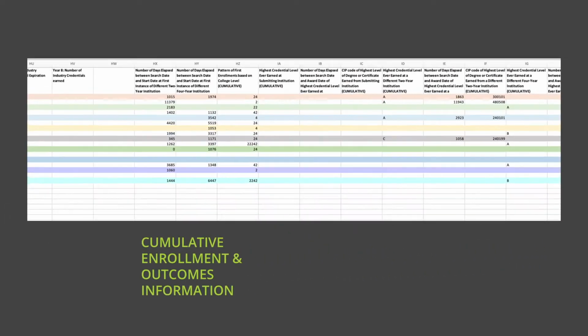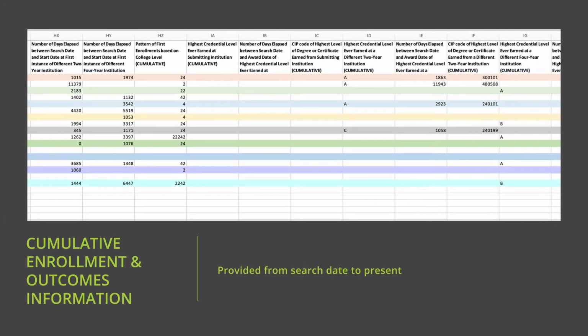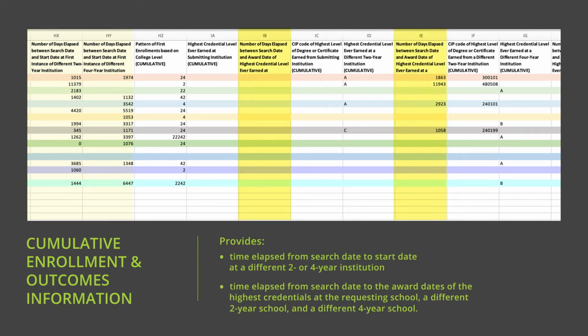Cumulative enrollment and outcome information are provided from search date to present. This section provides the following information: time elapsed from search date to start date at a different 2- or 4-year institution, time elapsed from search date to the award dates of the highest credentials at the requesting school, a different 2-year school, and a different 4-year school,